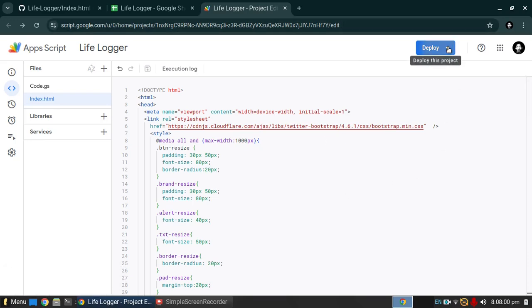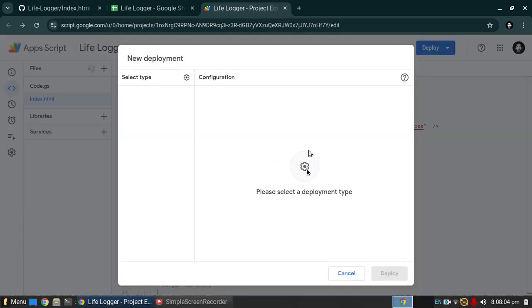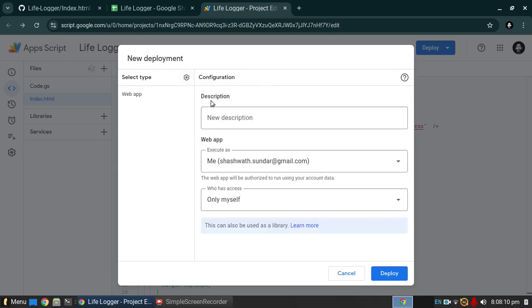I go to deploy, new deployment, and we first have to select the type of deployment. I am gonna go with the web app. In the description I'll put life logger. The web app, the person executing is myself. Who has access? Only myself. That's fine. I deploy it,